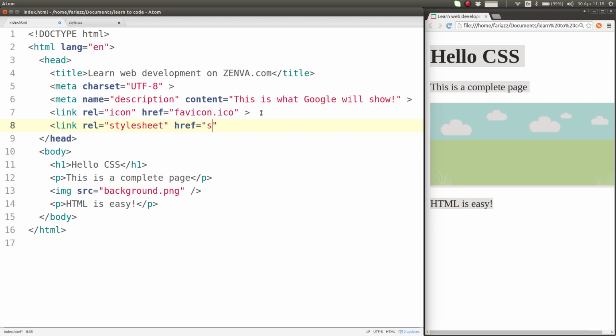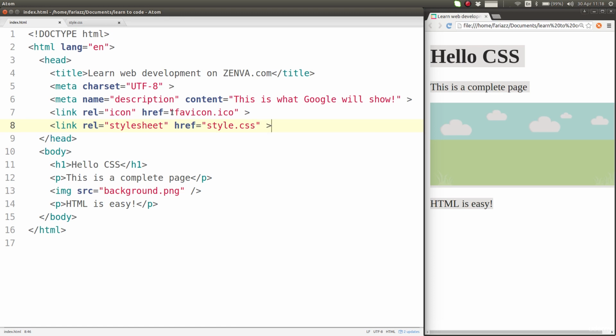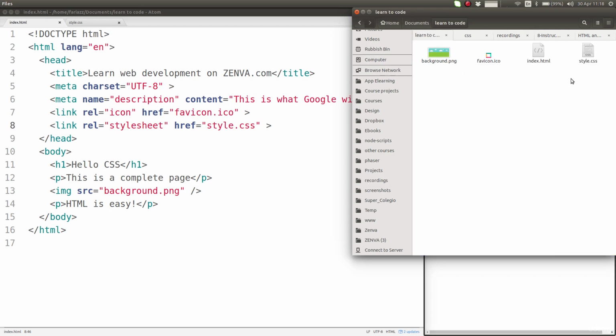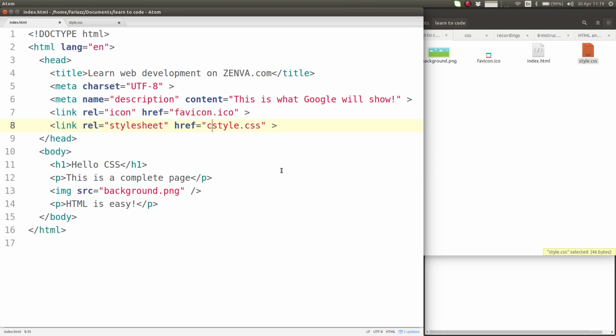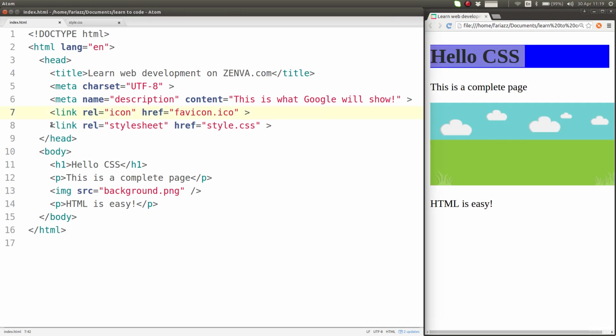In this case, the location of the file is in the same folder as the rest of my page. It's just in this Learn to Code folder, as you can see. If it was in a subfolder, we would have to type the name of that folder and a slash. If the folder was called CSS, it would have to be like this, exactly like we did with images. There's no difference to that. So if we now refresh the page, you'll see that our CSS is back